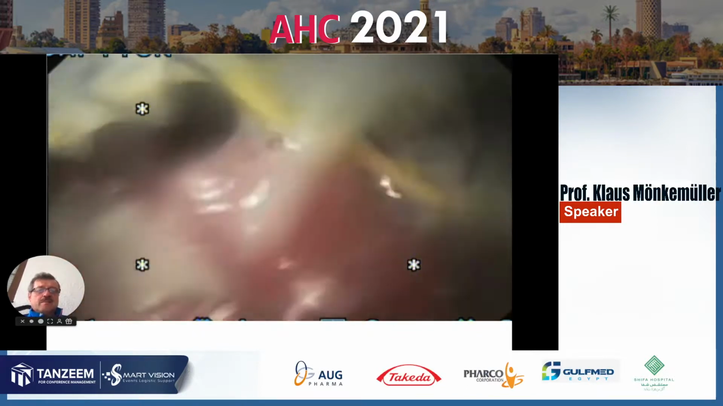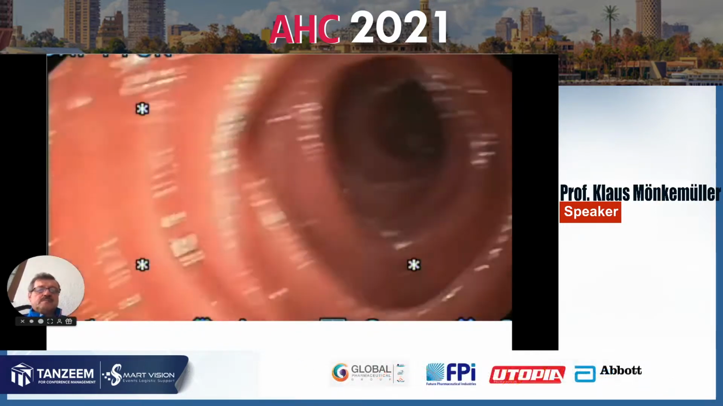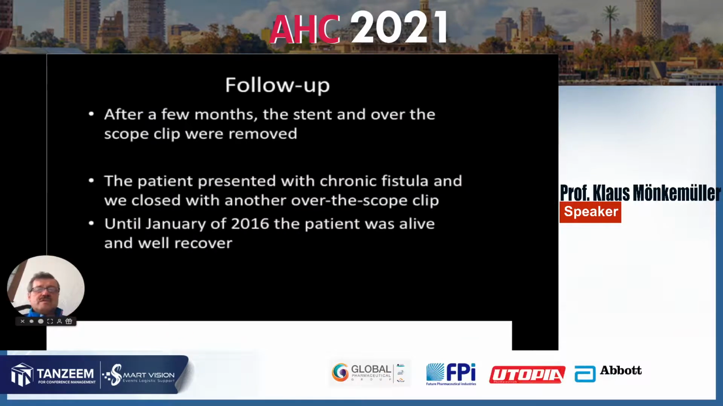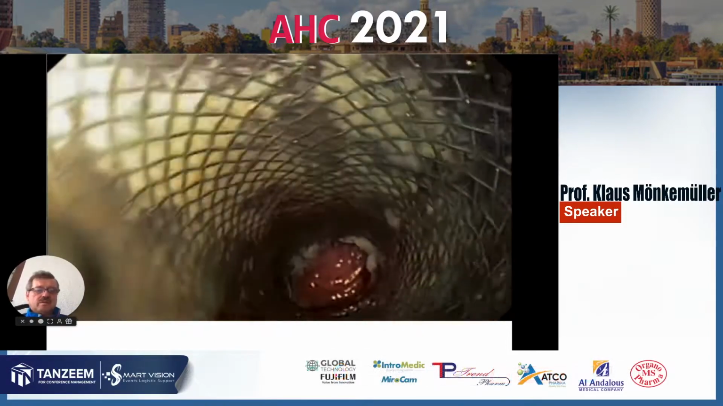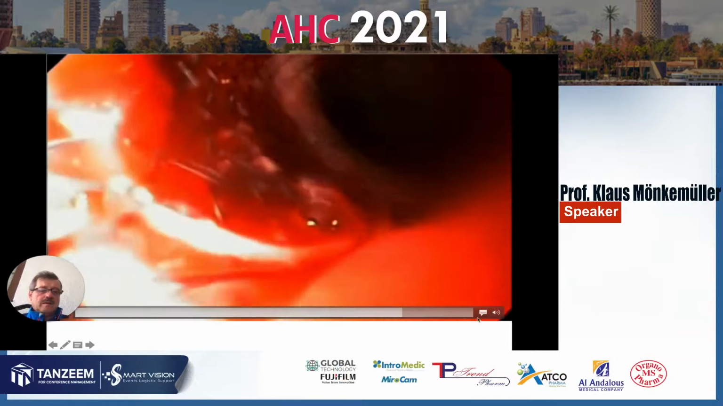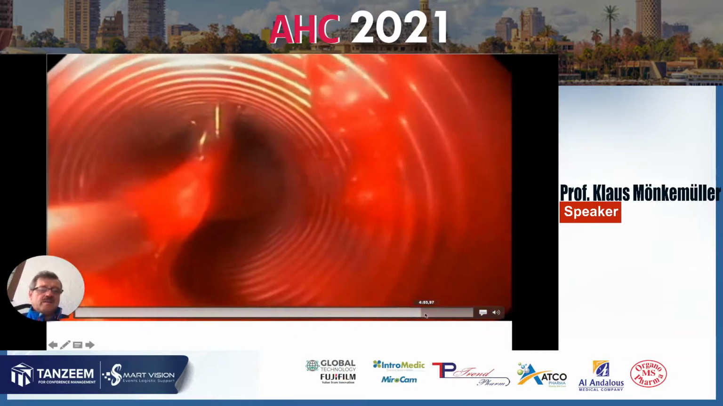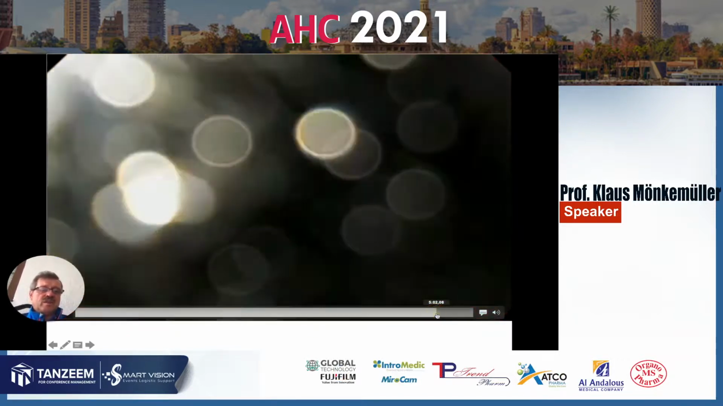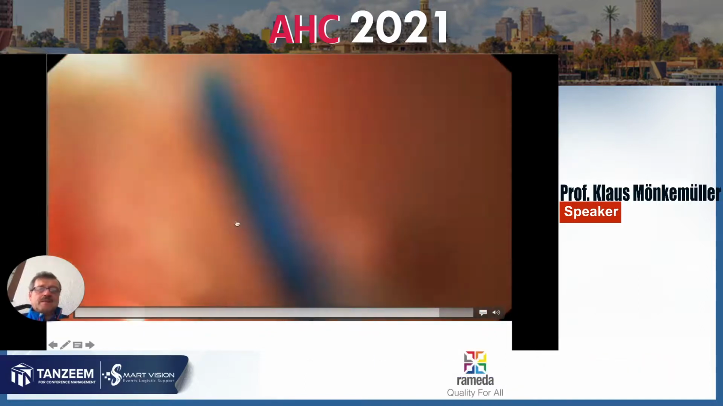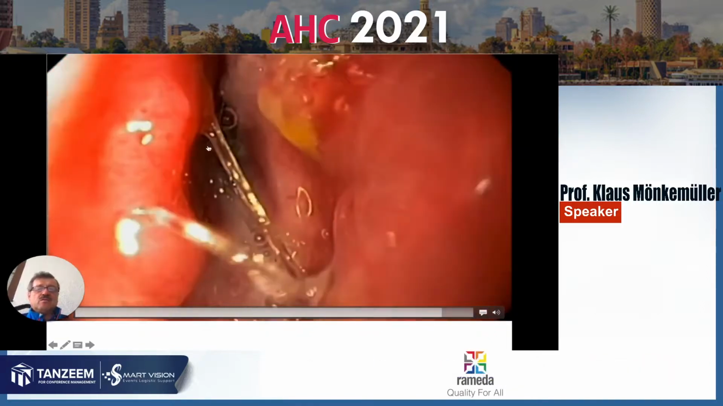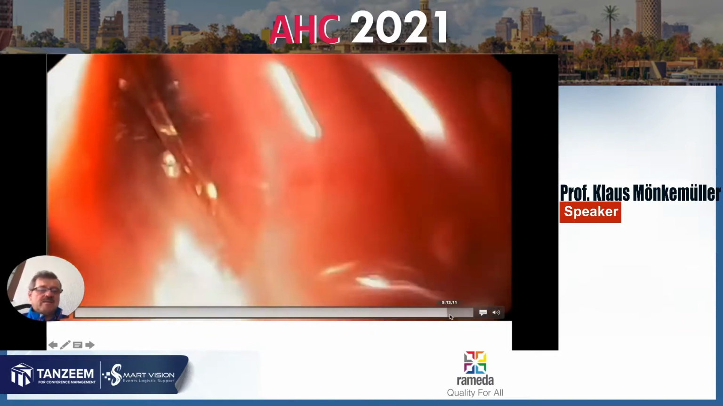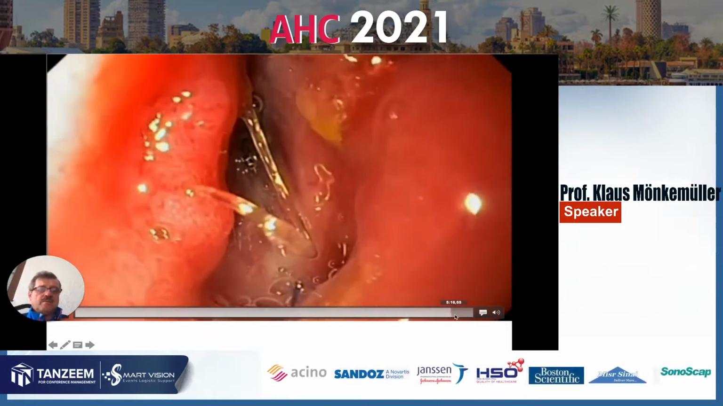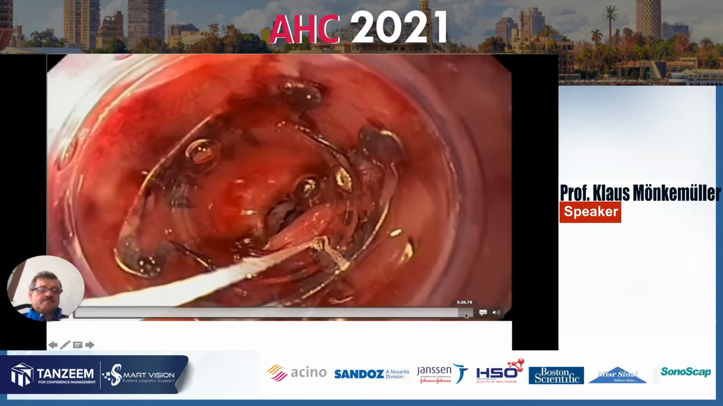After 2 months, the patient returned and the collection had decreased, and we removed the stent used to do the reanastomosis. And after removing the stent, here we're removing the clip in the stent, we went back in and performed the final closure of a small fistula that was still in place by using an over the scope clip, as shown